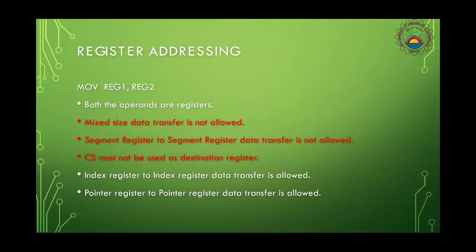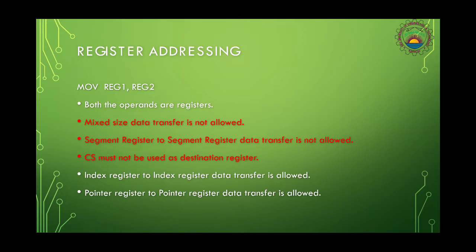Now we move to first data addressing mode, that is register addressing. For register addressing, general format for move instruction is move register 1 comma register 2. So both operands are registers, processor registers. What is not allowed in this addressing is mixed sizes. So if your register 1 is of 16-bit, register 2 will also be of 16-bit. If register 1 is of 8-bit, register 2 will also be of 8-bit. No mixed size is allowed,